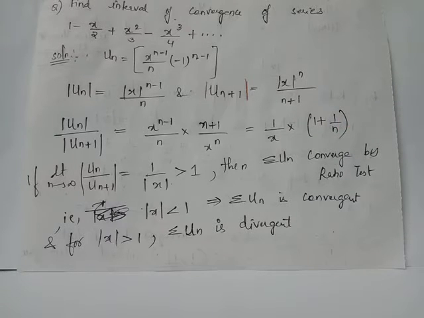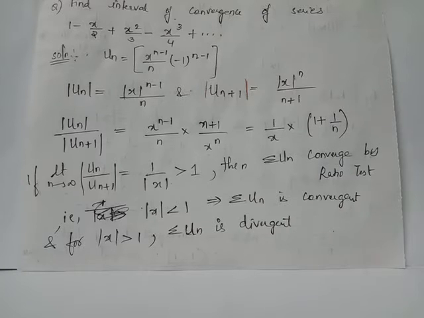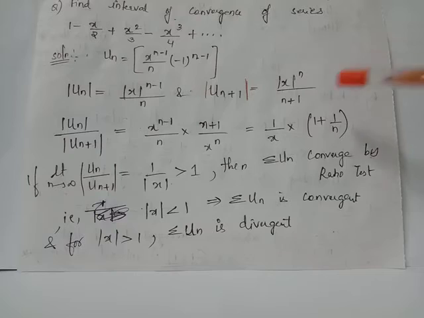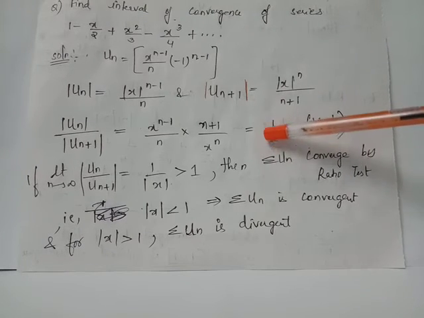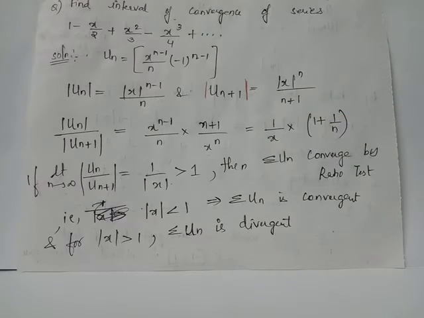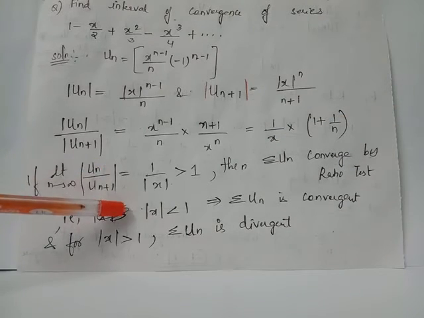When you give limit n tends to infinity to modulus of un by un plus 1, you obtain limit n tends to infinity applied to this term multiplied by limit n tends to infinity applied to this term. When you give limit n tends to infinity to the term 1 plus 1 by n, it becomes 1. This is because limit n tends to infinity 1 by n equals 0, and therefore limit n tends to infinity 1 plus 1 by n will be equal to 1 plus 0, which equals 1. Limit n tends to infinity has no effect for this term because this term is independent of n. Therefore, we have limit n tends to infinity modulus of un by un plus 1 equal to 1